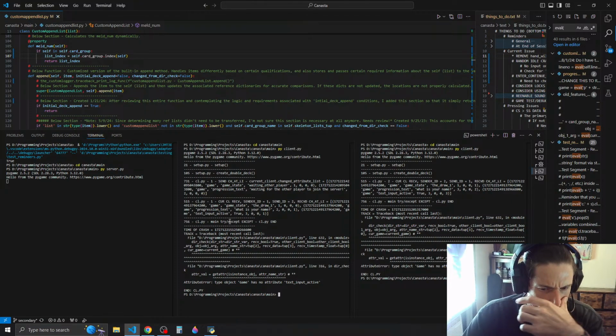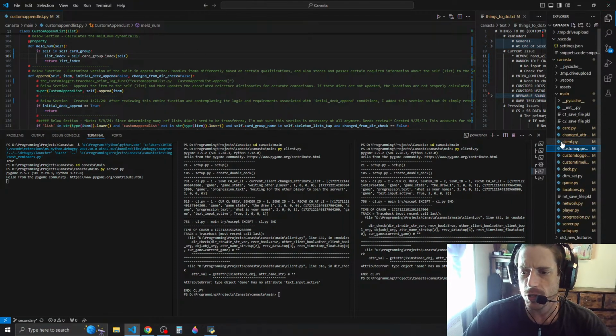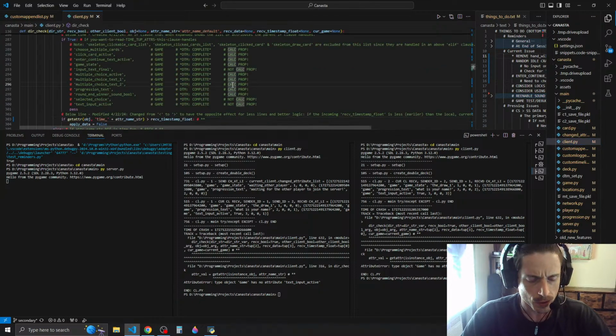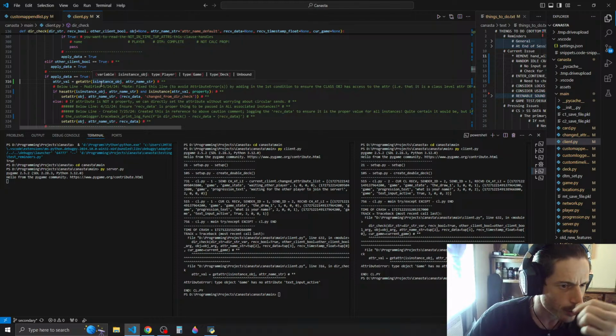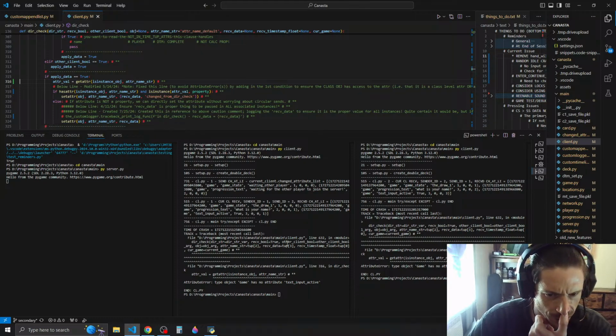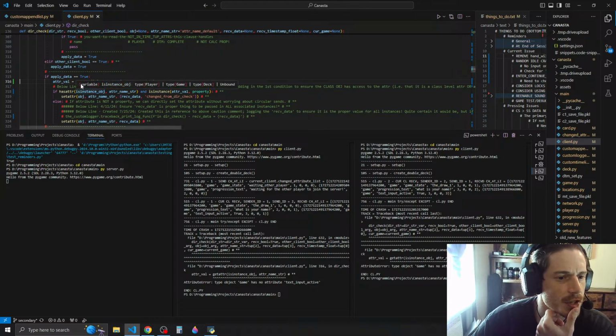Alright. So let's go to client. Let's find this bug. Let's go to client. 316 is the line. Okay, so we're applying the data. How does getattr work with the object and attribute name string? Game has no attribute text input active. Oh, see, I remember I changed this. I changed it to be